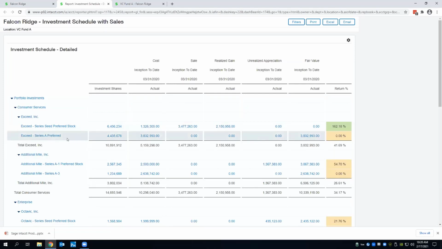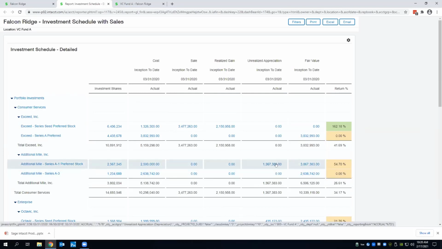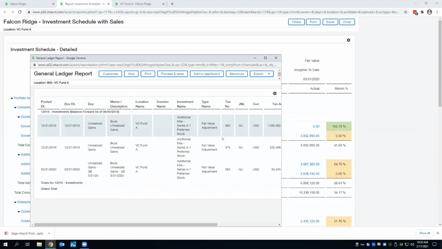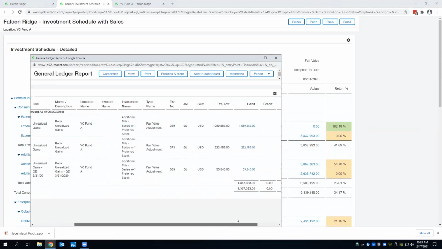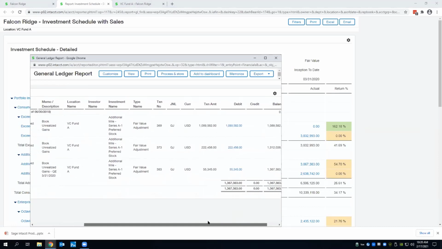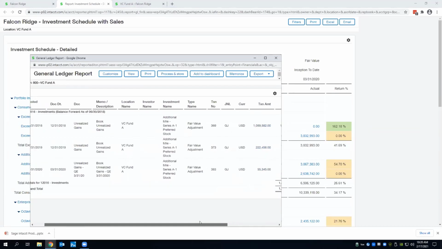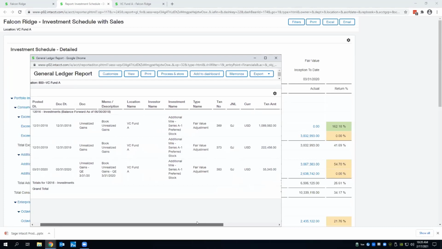This investment down below, we see the same thing: investment, shares, the cost. We haven't liquidated that yet, so we have some unrealized appreciation down here at the Series A1 preferred stock for additional mile. And we can drill down into the underlying detail from here as well and see all of those fair value adjustments that have happened inception to date for that investment. And so you see some of the tagging of the dimensions to the investment itself. We use a concept of a type, and so this was a fair value adjustment,